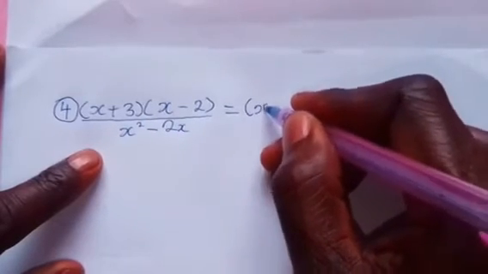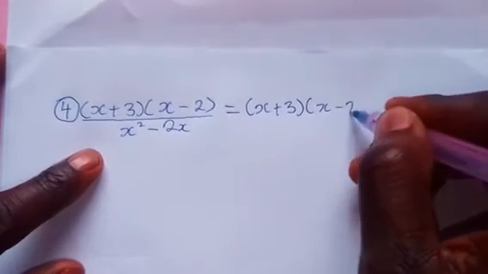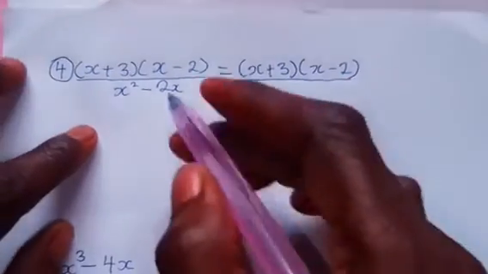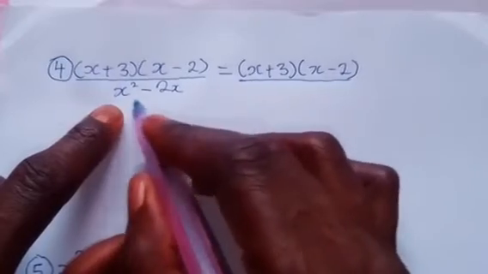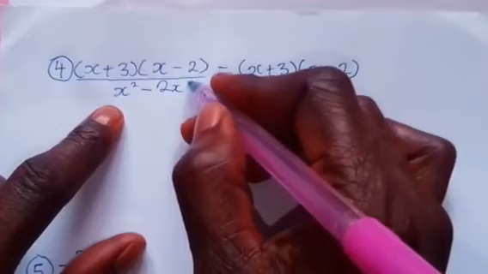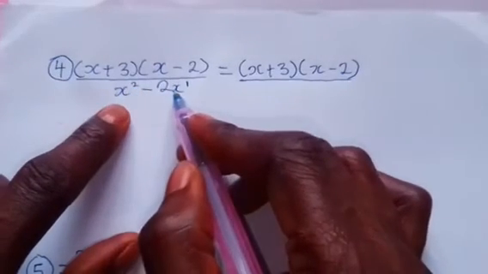So we say x plus 3, then x minus 2. Okay, then we rule our line. Now at the denominator here, what we have to do is to factorize these terms using the h.c.f. method. Now that method entails, if you check what you have here, x squared, the second term has an x,